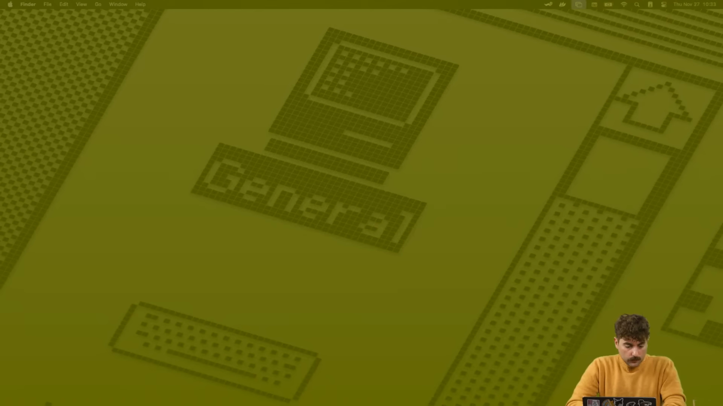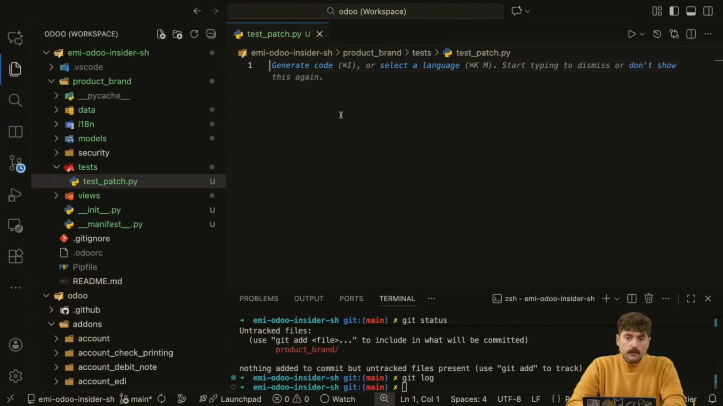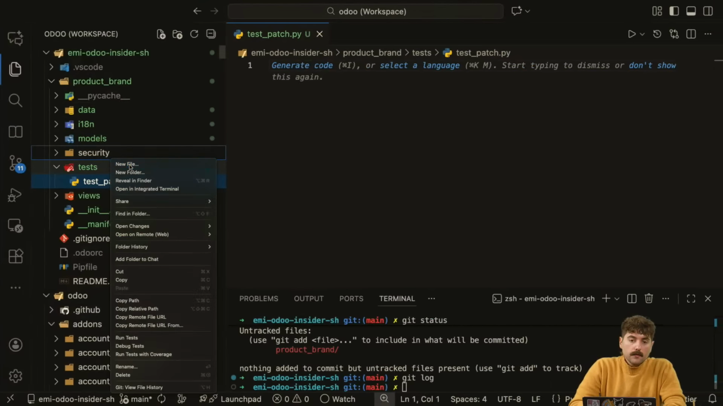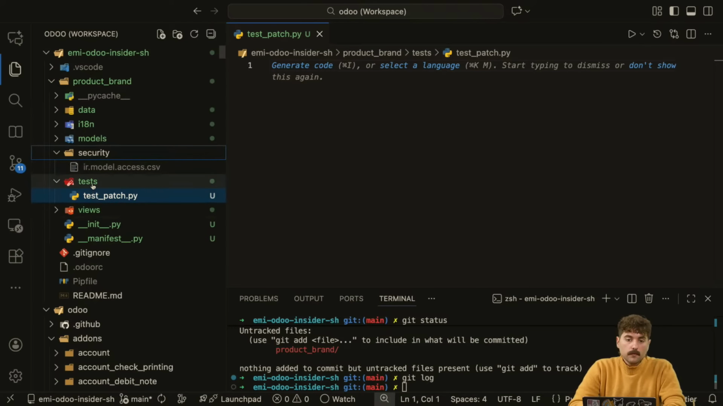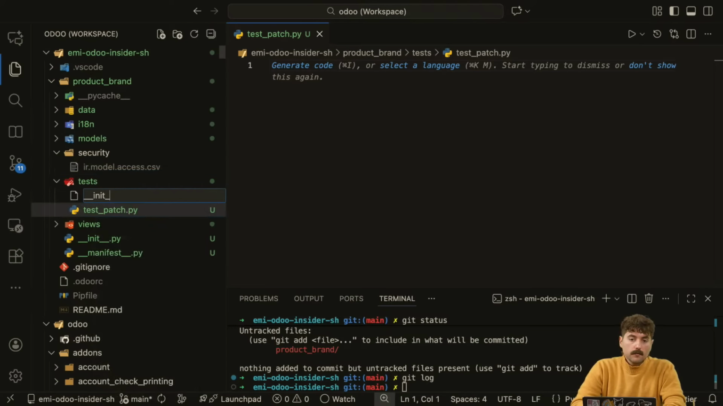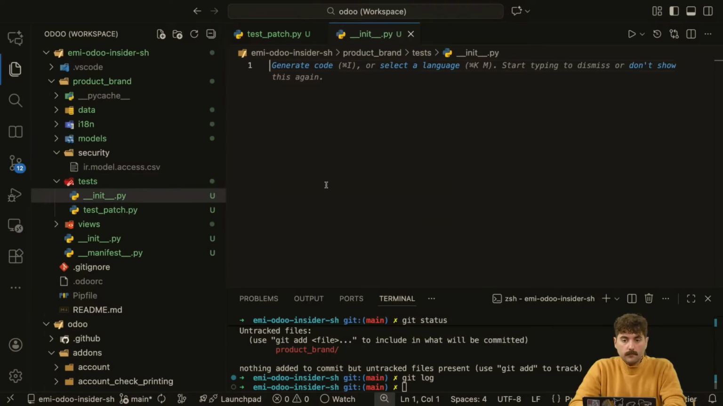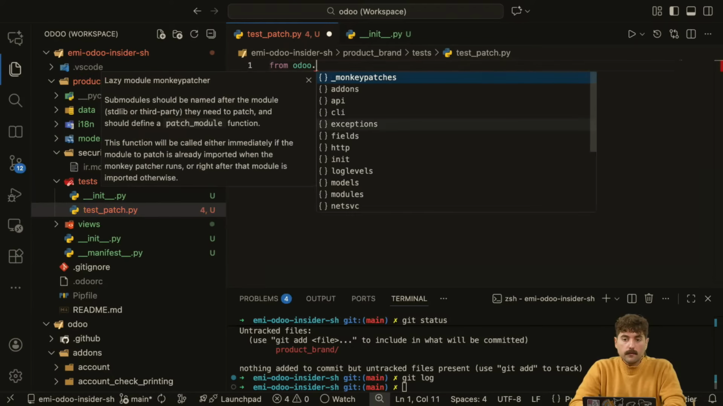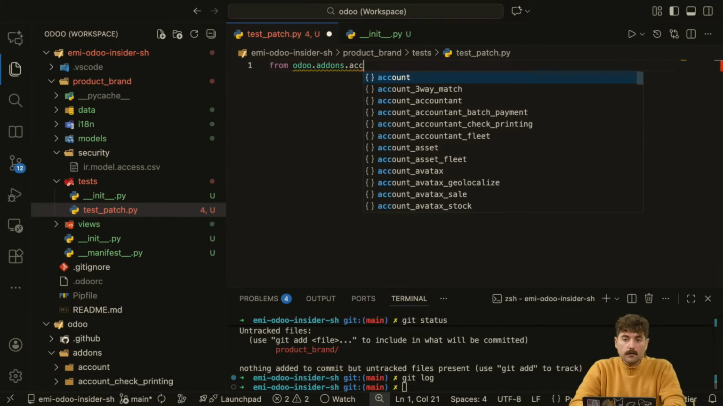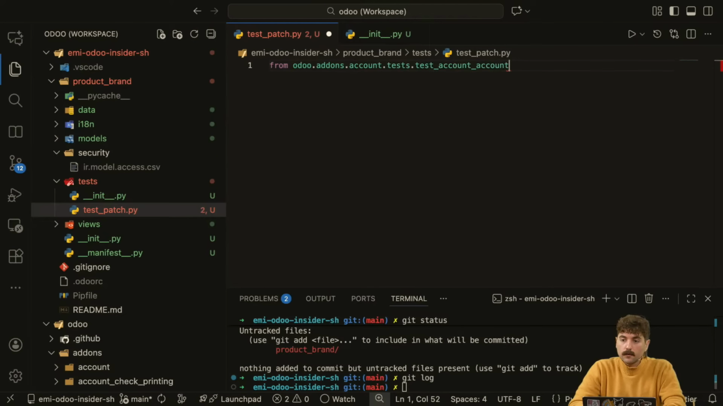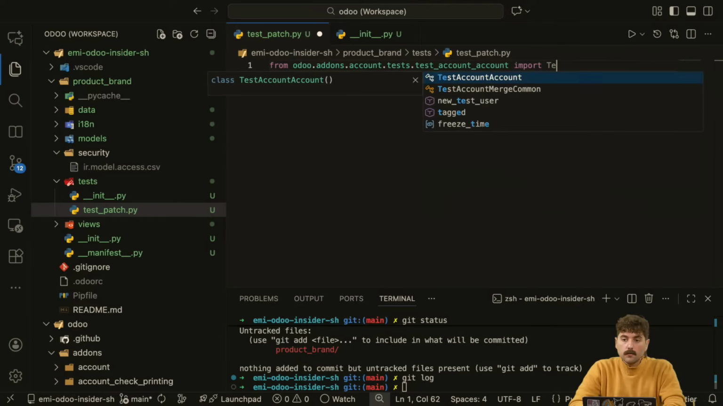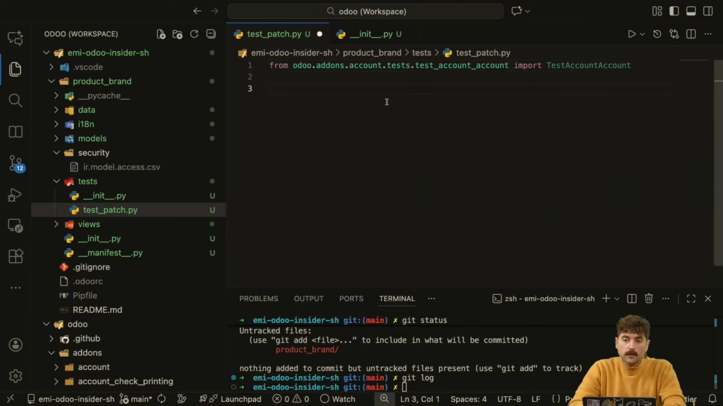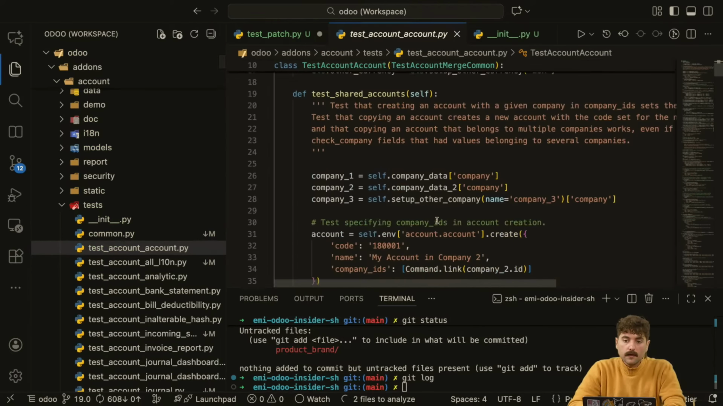I just have to check something in here in the meantime. Okay, perfect. Just needed to verify something. I have also my init.py file. Import test patch, and for example, let's say that I have Odoo add-ons account test account import, okay, this one, and then I say let's open this guy and see that